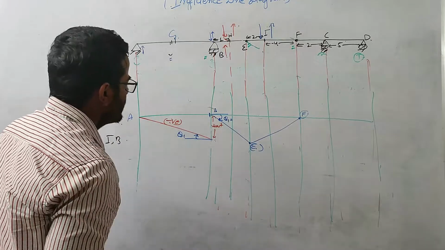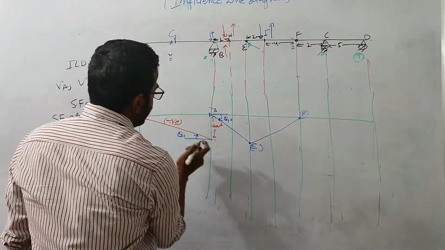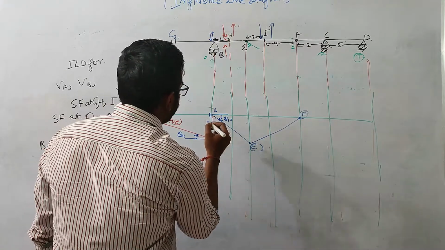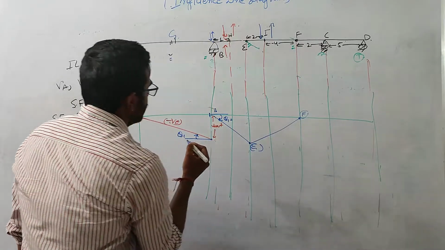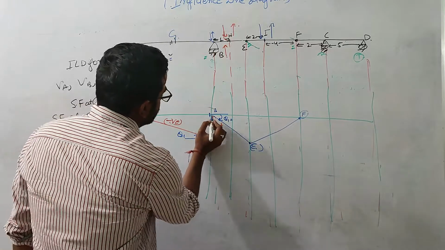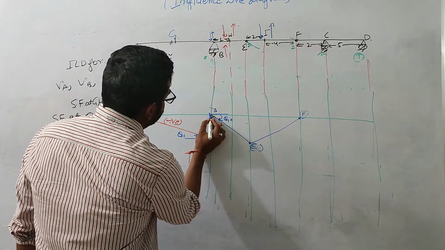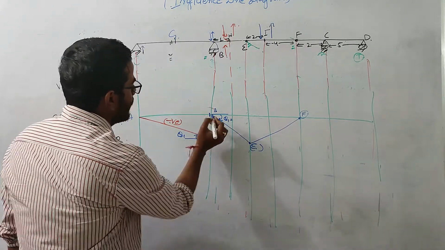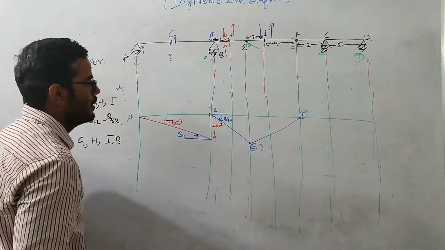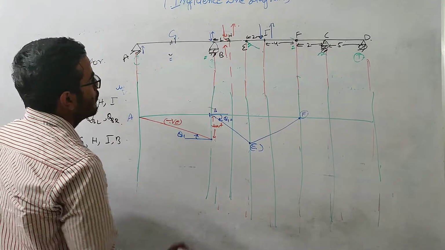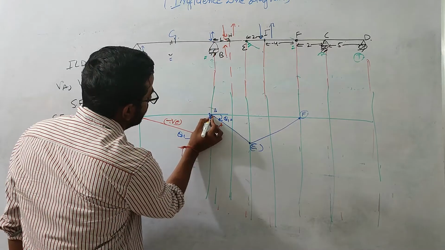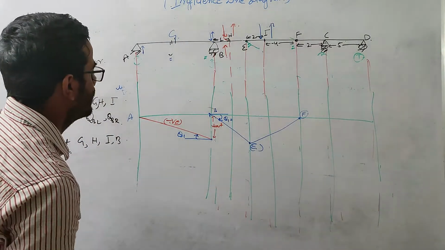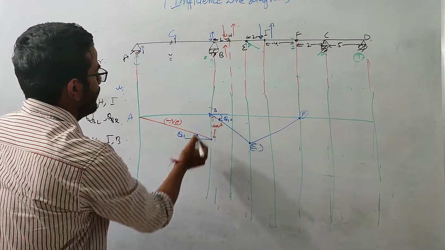Okay, so just at the right of B, it will look like this. This portion will be almost equal to unity, because it is just at the left of B. If we are cutting this thing, it can still move a little bit, depending upon the distance of the point we are taking with respect to the left of B.